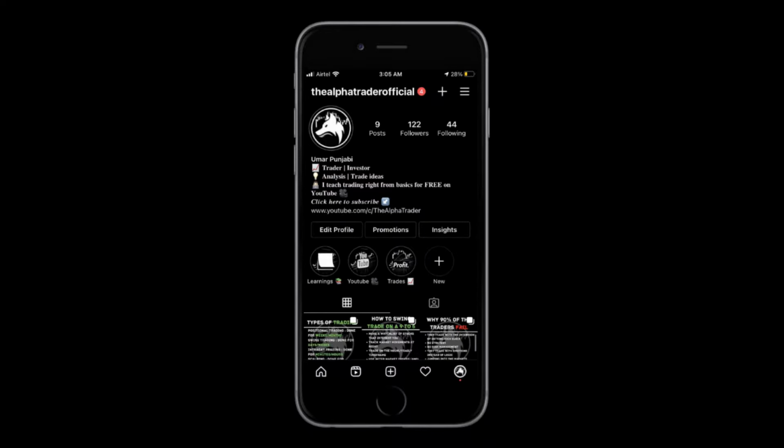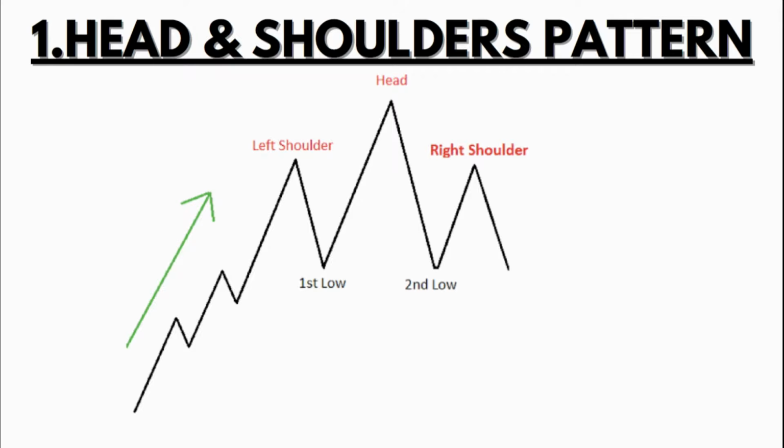Now let's get started with the first pattern that we are about to discuss. The first pattern that we are taking a look at is the head and shoulders pattern. This is a bearish reversal pattern. That means this pattern reverses the uptrend towards the downtrend, and that is why it is known as a bearish